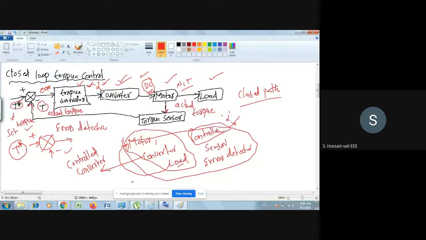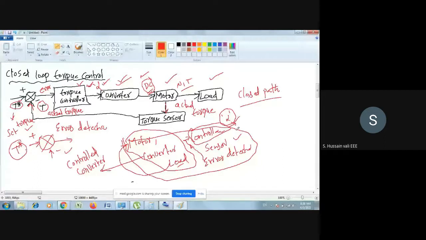How does it decide? What is the input to this? The input to the controller is the error from the error detector. It is nothing but the output of the error detector. Based on the amount of error, it will generate the value of alpha. Then what is the last one left? The sensor. Without a sensor, you will never know the actual value. Maybe a voltage sensor, current sensor, speed sensor or torque sensor. The sensor senses a signal.